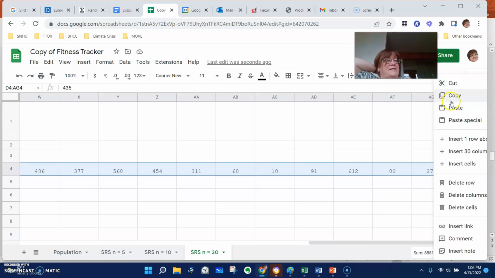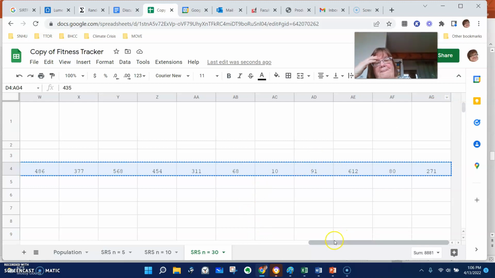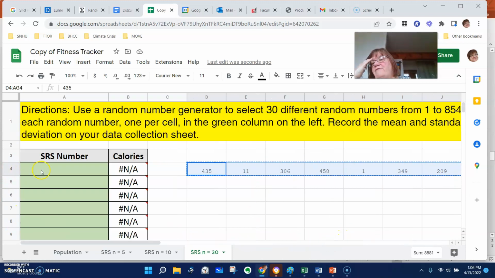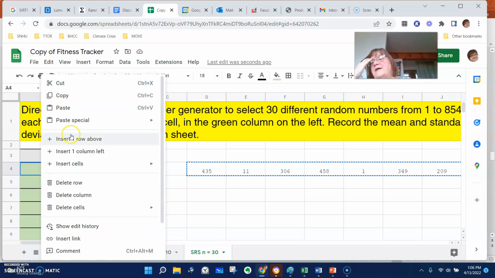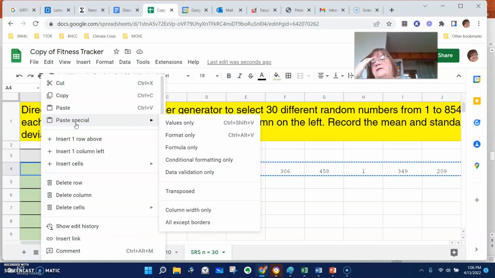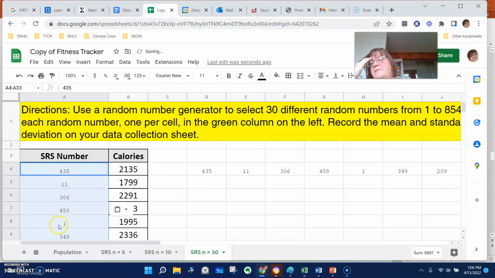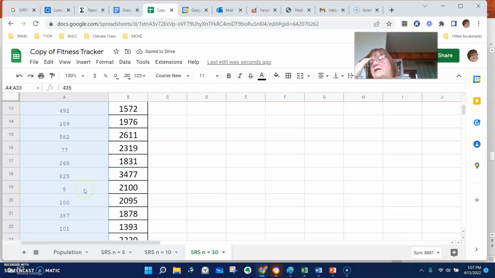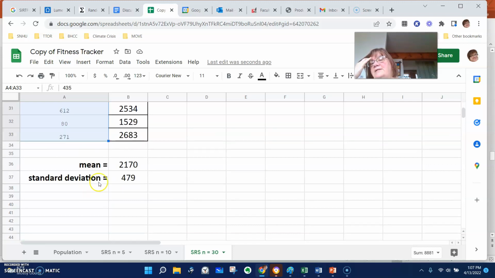I'm going to right click and say copy. And then I'm going to go back to cell A4. I'm going to right click and I'm going to say paste special and transposed. And now that'll paste my numbers in a column. And if I scroll down, you can see the mean. I hope that